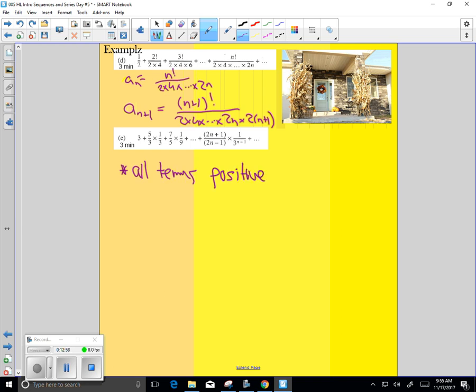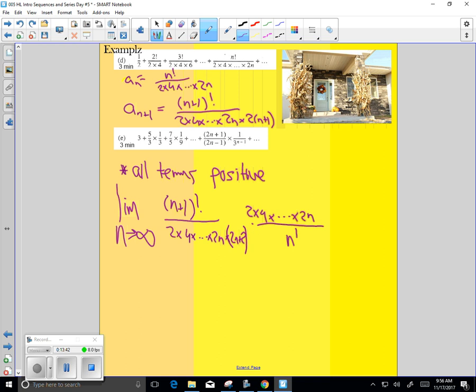So requirement of ratio test, the limit, kind of like that L'Hopital's where you had to have the indeterminate form, a of n plus 1 over a of n. So a of n plus 1 was n plus 1 factorial over 2 times 4 times ... times 2n times 2n plus 2. And then we're going to invert and multiply 2 times 4 times ... times 2n all over